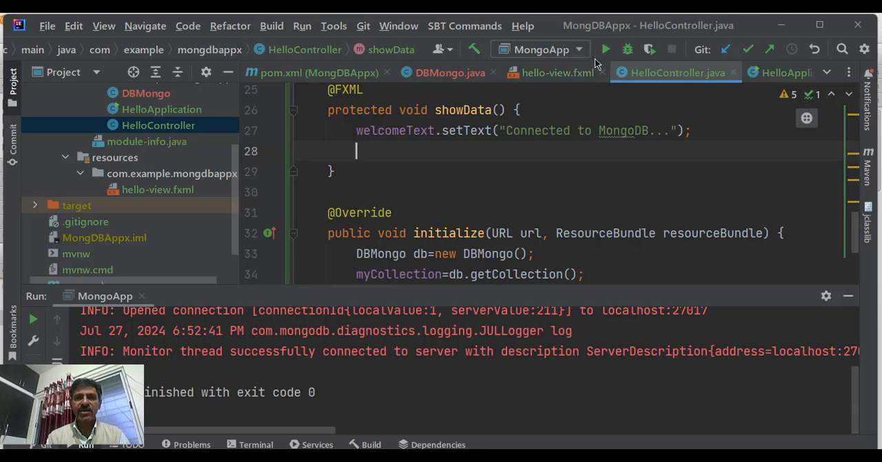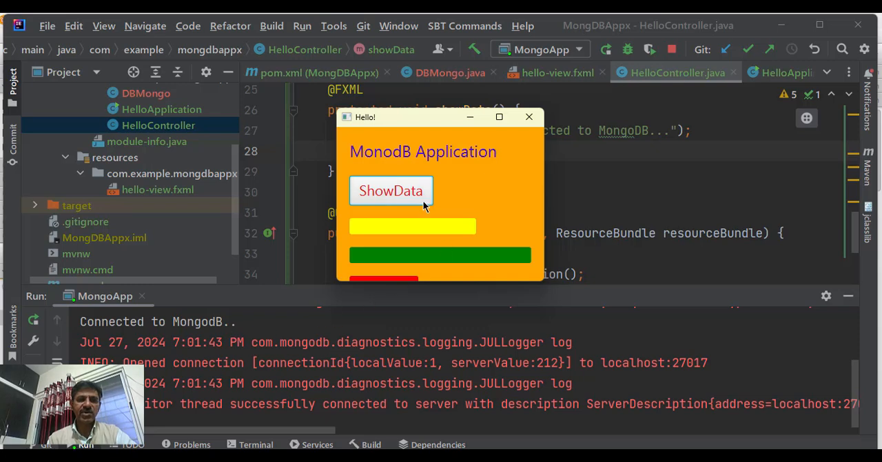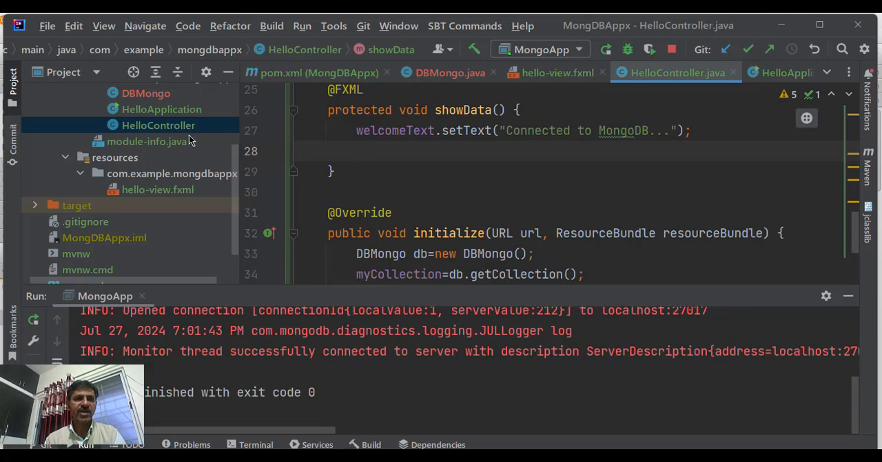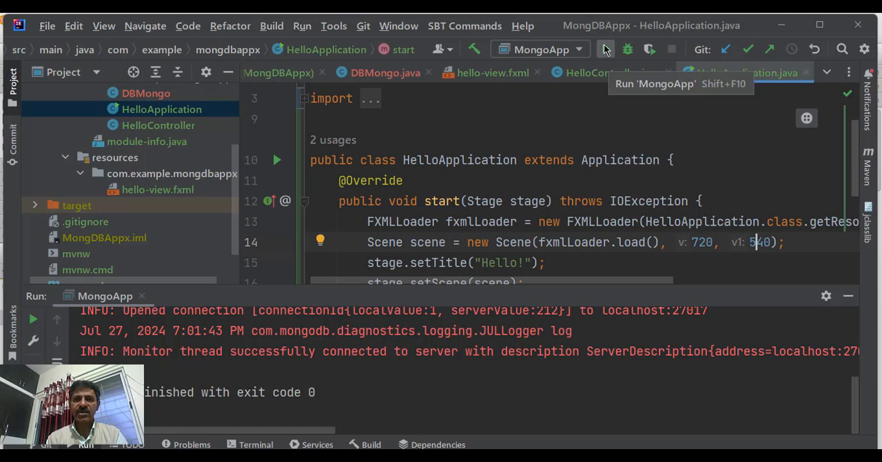Now if I run the program, you will see that the GUI comes up. As usual, it says connected to DB. Of course, it will only change the label content here, but doesn't show any data. And the window is also coming small. So to get the window to the required size, you have to go to the application here and change the FXML dimensions, height 740 and width maybe 540, like that. And if I run here,